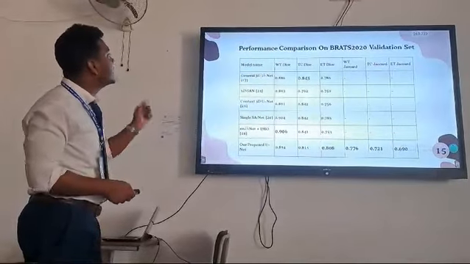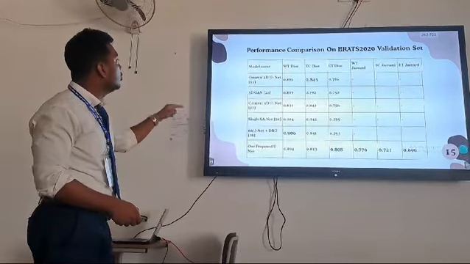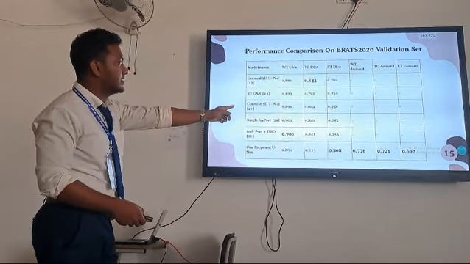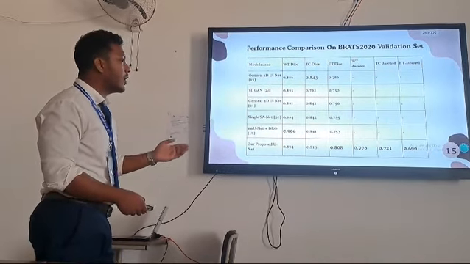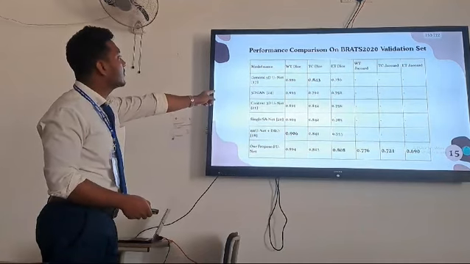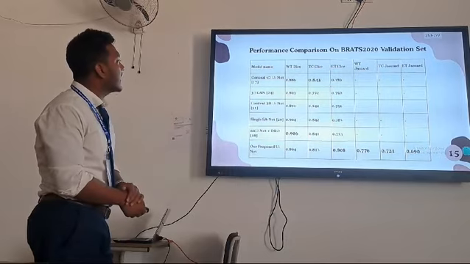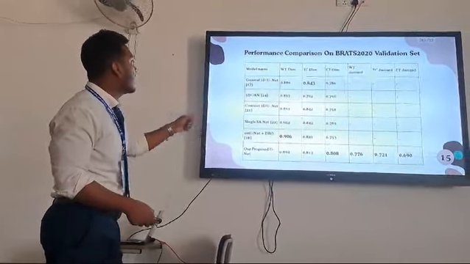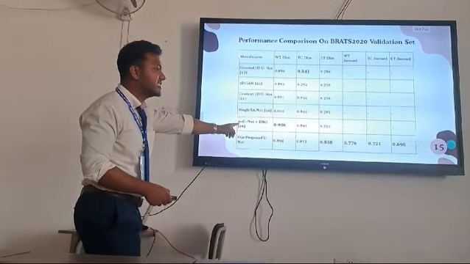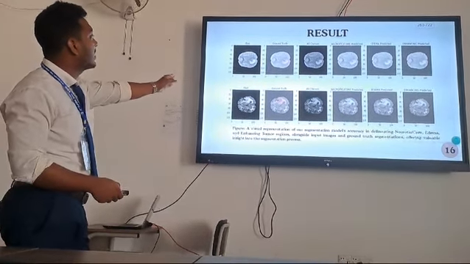So this is the performance analysis of our model. We can first say that no other researchers have ever performed Jaccard score analysis, and we are the first researchers who have performed Jaccard analysis, and we got a tremendously good result. We also performed other analyses like whole tumor Dice, tumor core Dice, and enhancing tumor Dice, and we performed better in enhancing tumor Dice than any other researchers previously. So this is the result of our model. Here you can see on the left hand side the actual